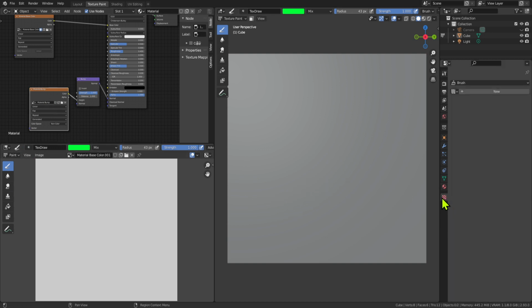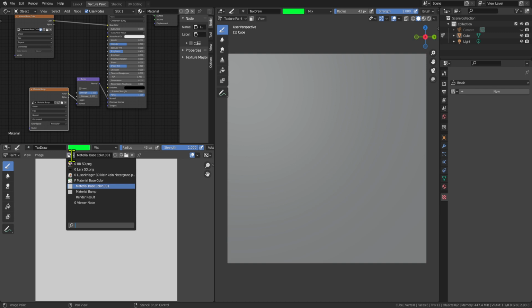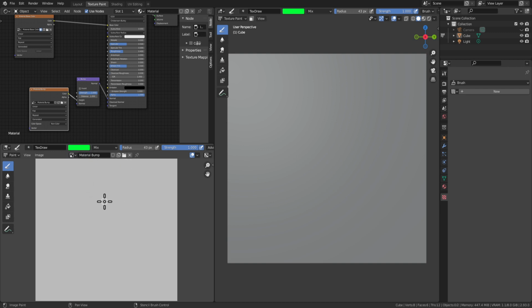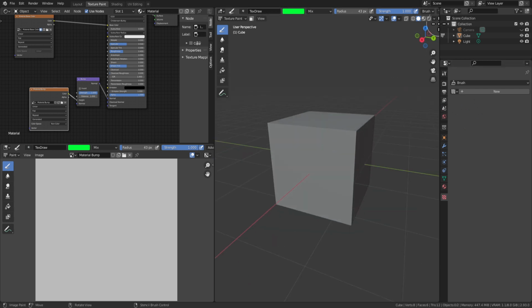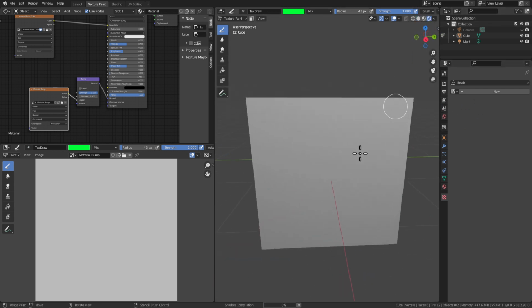And we can use the same principle. So we are in the bump texture. Is this... no, we have to choose bump. So now we see exactly this thing here. This is named material bump, and we see material bump in here. And what we could do now is basically, if we